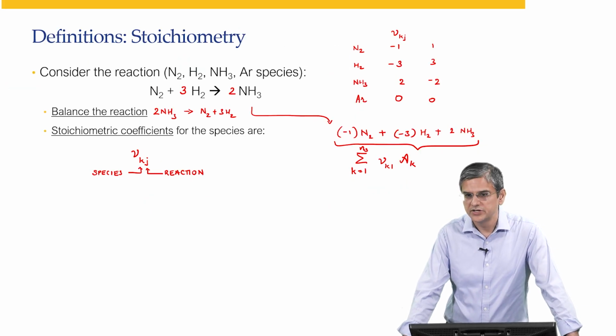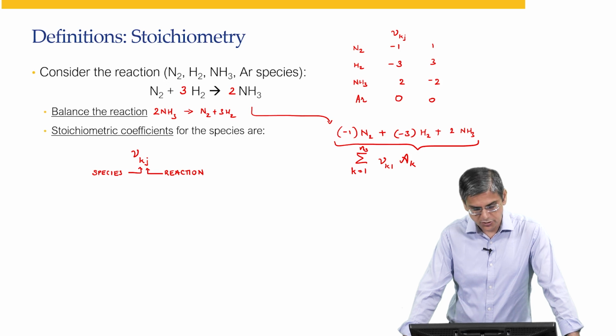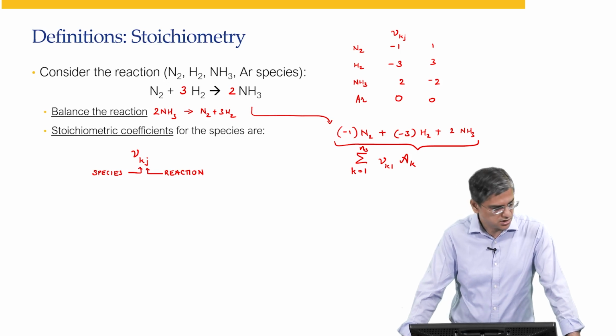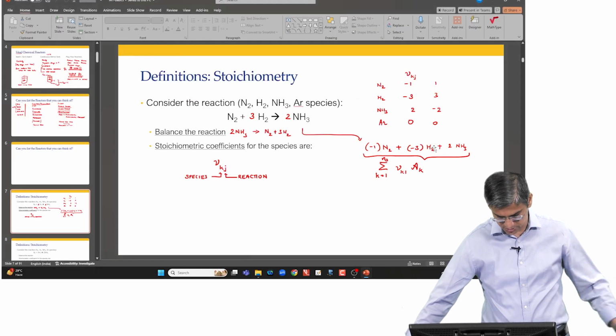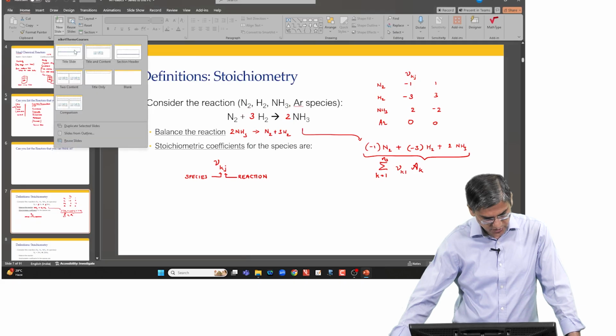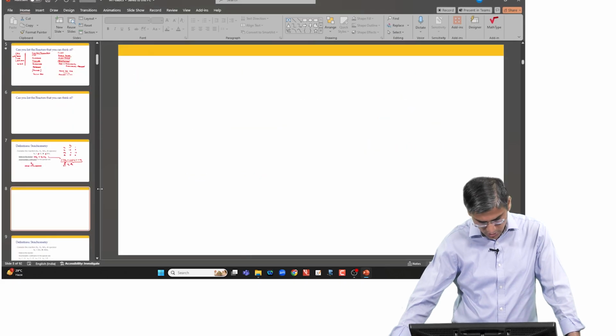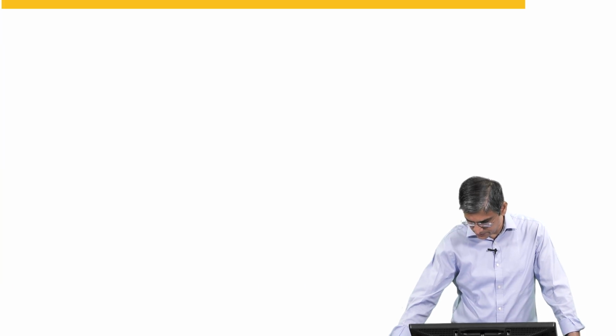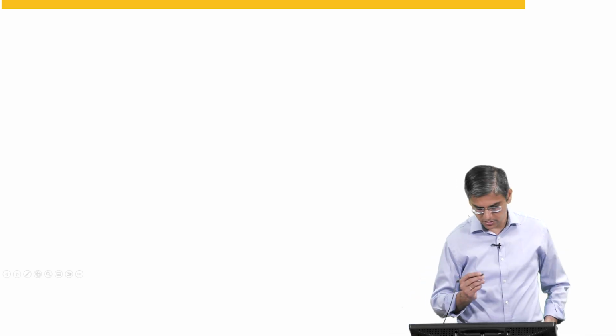Then we talked about stoichiometry. Stoichiometry is something that you are very familiar with, something you might have been doing from school days. The difference is that we are now doing this in a very formal manner, and what we said is that nu_kj is the stoichiometric coefficient of the kth species